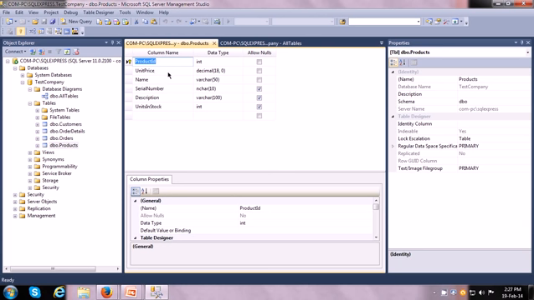This looks okay, the name looks okay, and 50 characters may or may not be sufficient depending on what you know about the data being used in the application. Then serial number is okay, description looks okay, and units in stock looks okay. One other thing you have to test is that